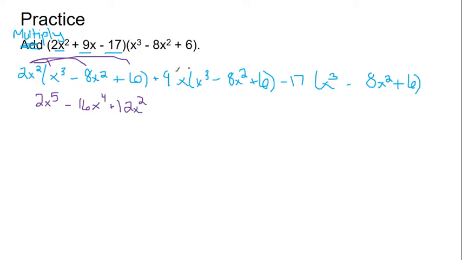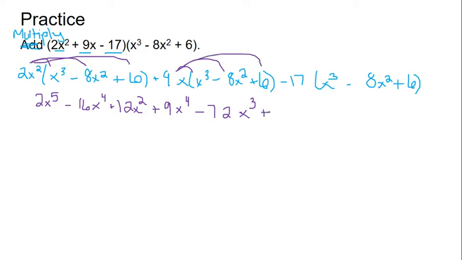Then we go on to our next one, 9x times x cubed, 9x to the 4th. 9x times a negative 8x squared gives us a negative 72x to the 3rd,